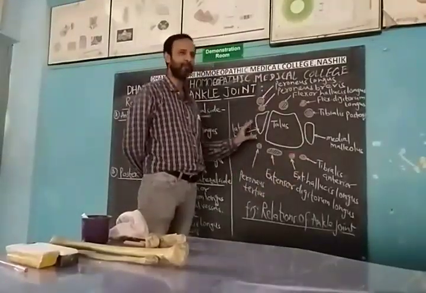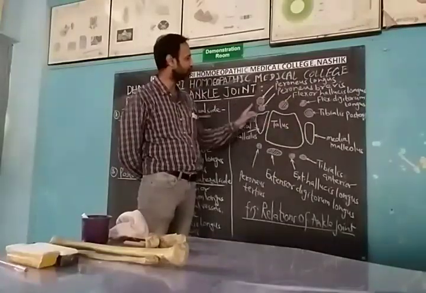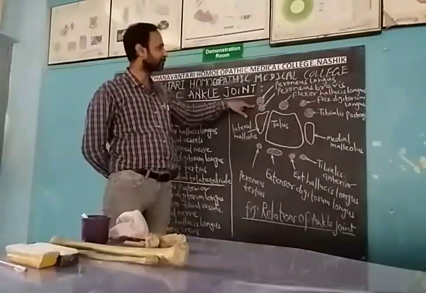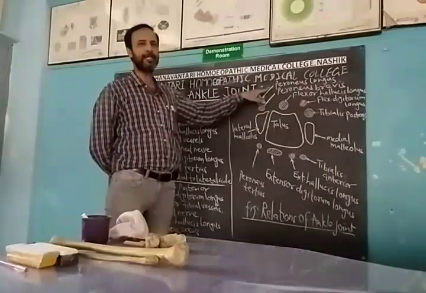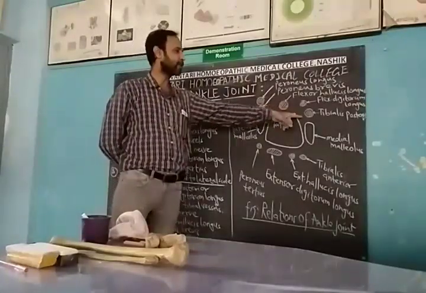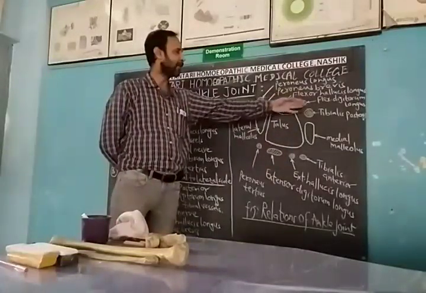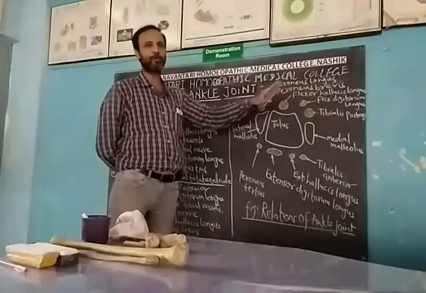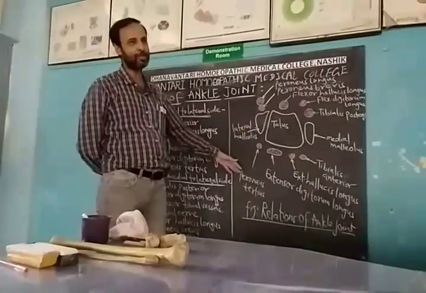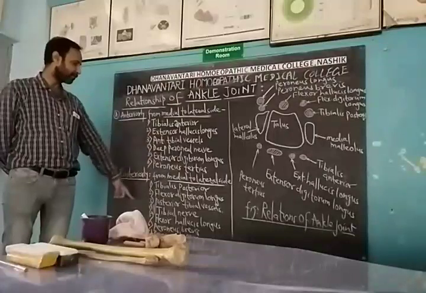So with this simple line diagram, you have to show the talus, the lateral malleolus, the medial malleolus, and now it's the posterior relation, the five tendons. So these five tendons are the two peronei, and then here the tibialis posterior, exactly opposite. Tibialis posterior, flexor hallucis longus, then the flexor digitorum longus, then peroneus longus and peroneus brevis. Instead of tertius, what is the anterior? So here, then the tibial nerve, and then the posterior tibial vessels.